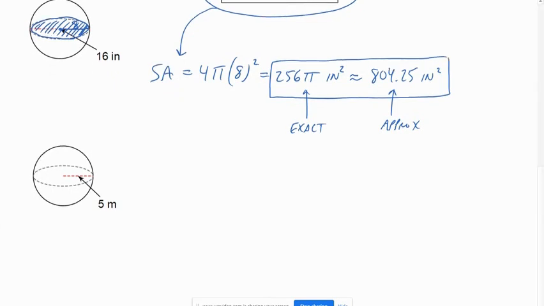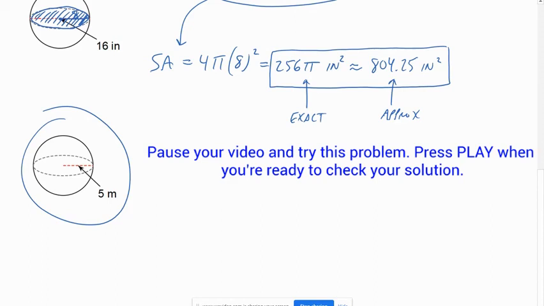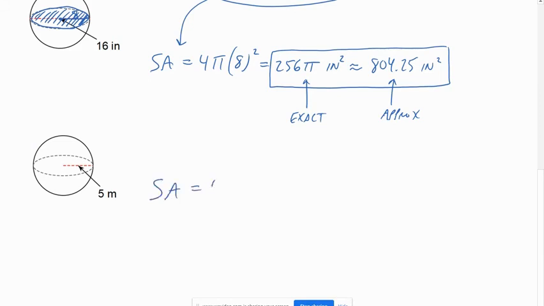Okay, now go ahead and pause your video and try this last example. Surface area for a sphere is 4 pi r squared. Our radius is 5. And so we have 4 times pi times 25, which is 100 pi. That's in square meters. And that is approximately